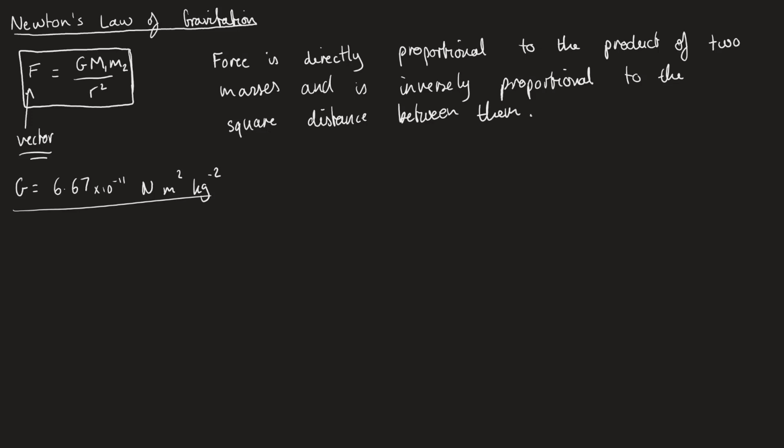But actually what we find is when we do this calculation, if we were to say the force acting on m1 and then we use this equation, it would be the same as if we just switched the place of m1 and m2. This means that if I have the Earth here, so let me draw it as a point mass for now, this is the Earth, and then I have the Moon over here. Just as the Earth pulls the Moon towards it, the Moon also pulls the Earth towards it. And actually what we find is these two forces have the same magnitude. Okay, so the Earth pulls the Moon